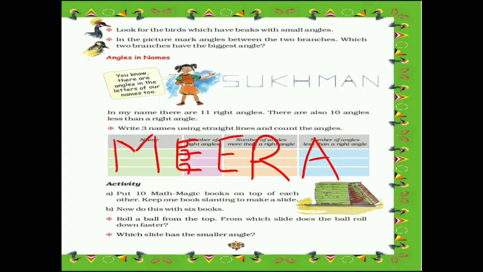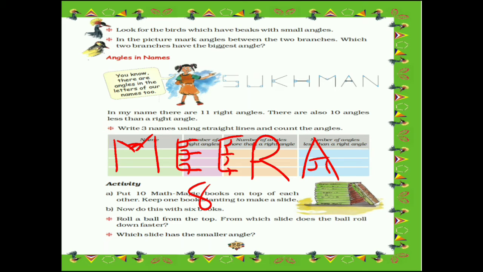In the E letter. Then in here also there are 4 angles. So how many right angles are there? There are 8 right angles. And in the other letters there are no right angles, right? Now let's see how many angles are more than a right angle. Where you can see, one is here, then another is in the A, 1 and 2. So in total there are 3 angles which are bigger than a right angle.